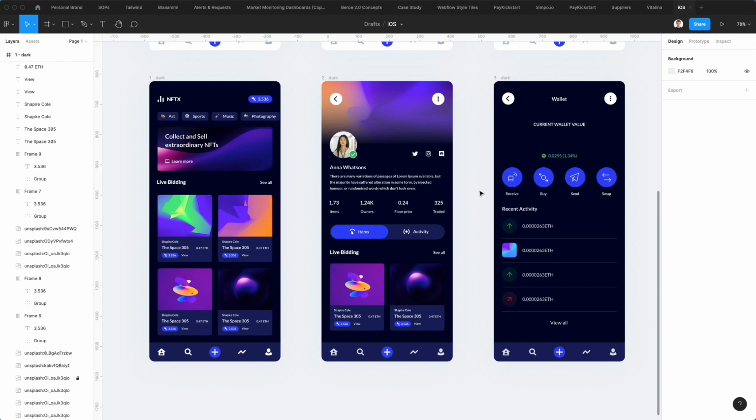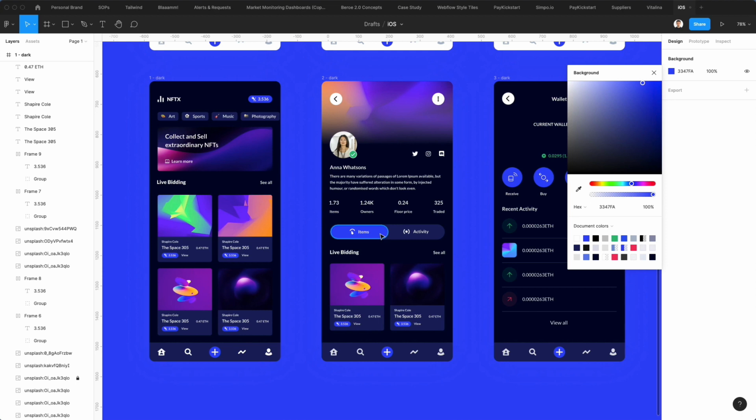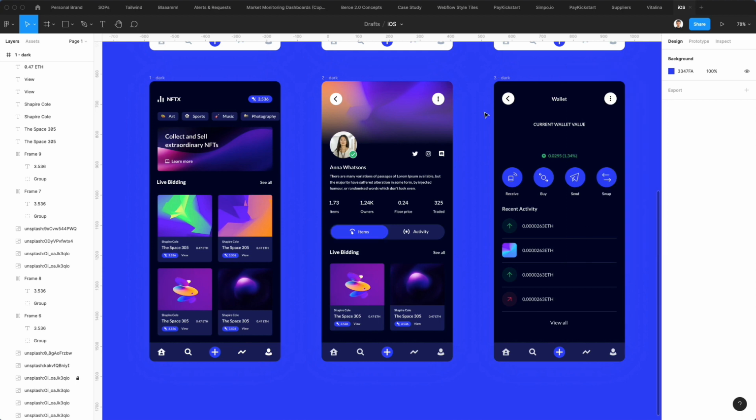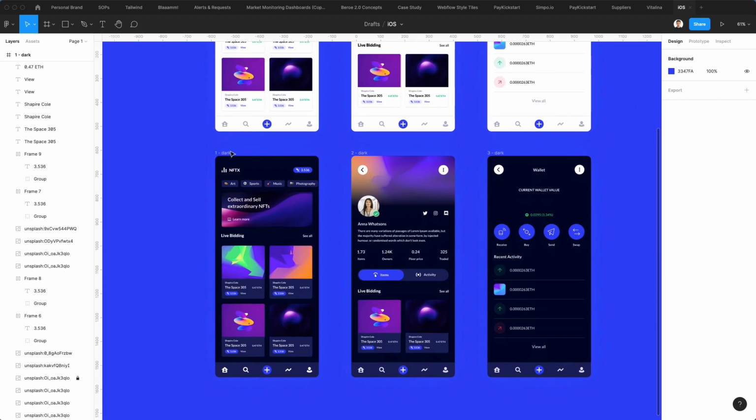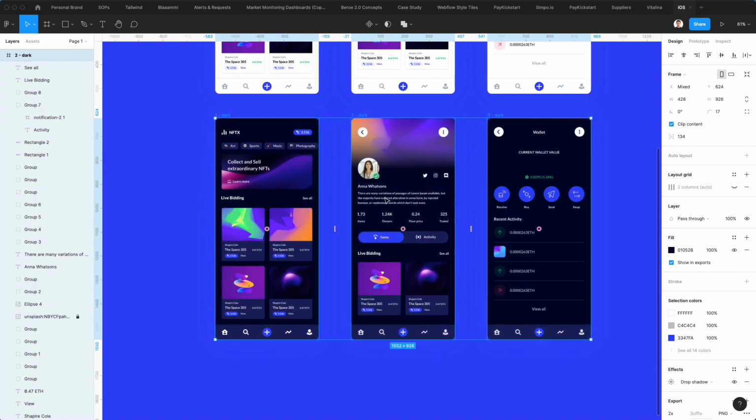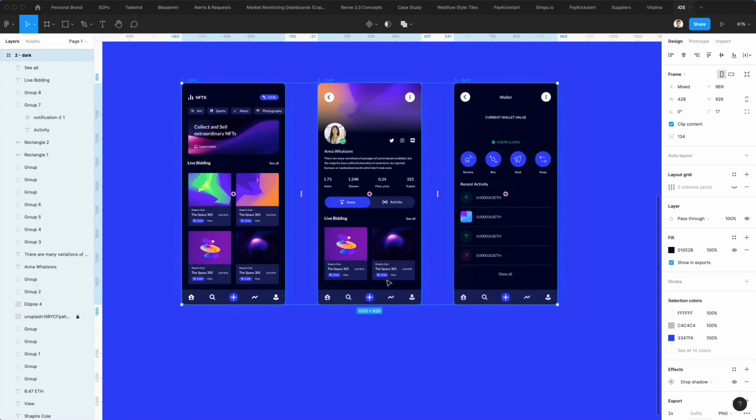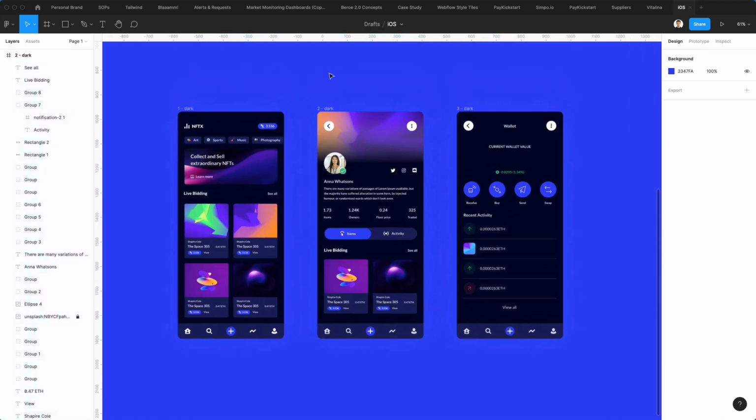All right, and also quick thing, if you want to present these elements, you can consider having different backgrounds. It's just this one right here. So yeah, pretty much that's